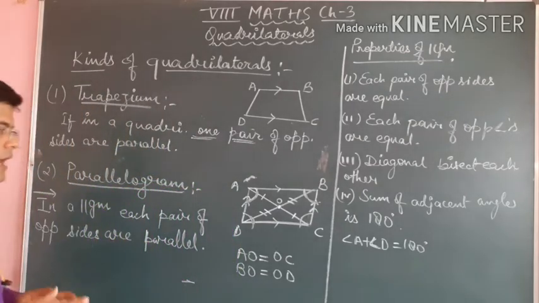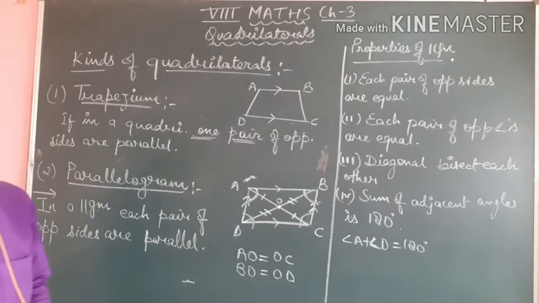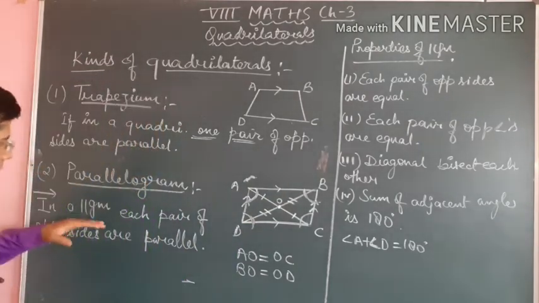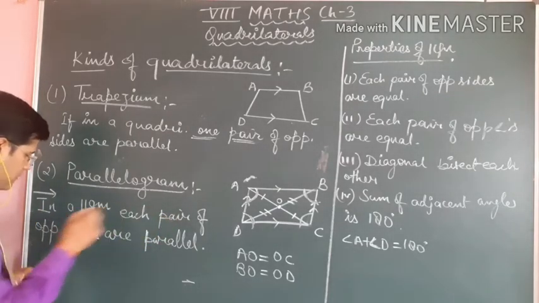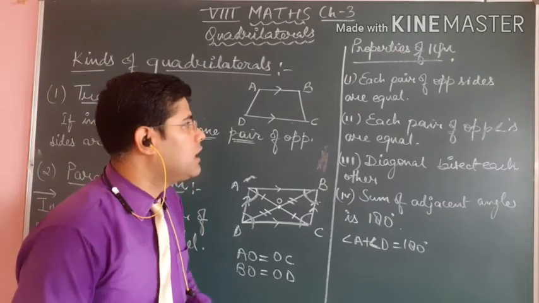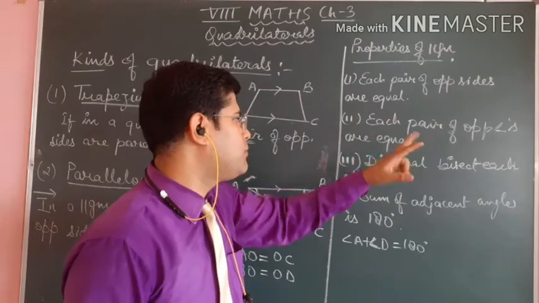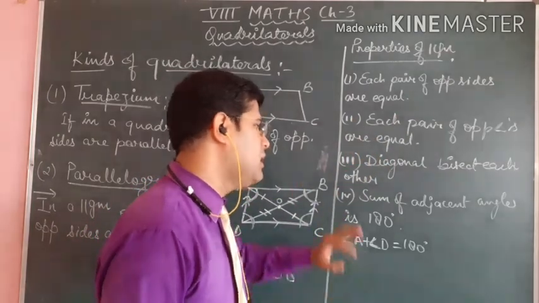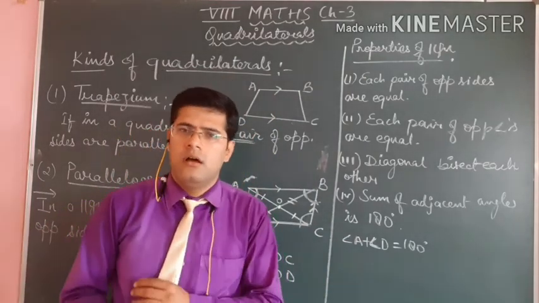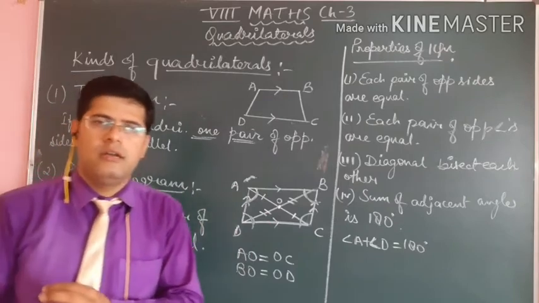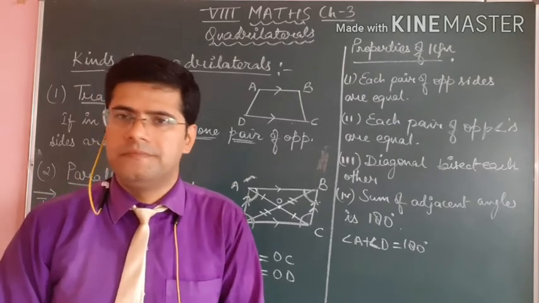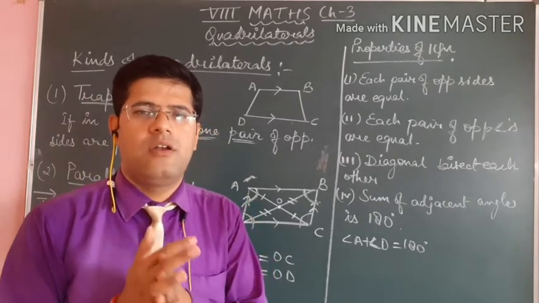So in a parallelogram there are 5 properties, if we talk about it. And now you are confused, I wrote only 4. Where is the 5th? The 5th property is here. In a parallelogram, each pair of opposite sides are parallel, the first one, and this could be the definition also. Now in the second, each pair of opposite sides are equal, each pair of opposite angles are equal, diagonals bisect each other, the sum of adjacent angles is 180, and the last one. The parallelogram is very important for our course, because all the quadrilaterals, without the parallelogram, that will not be possible.